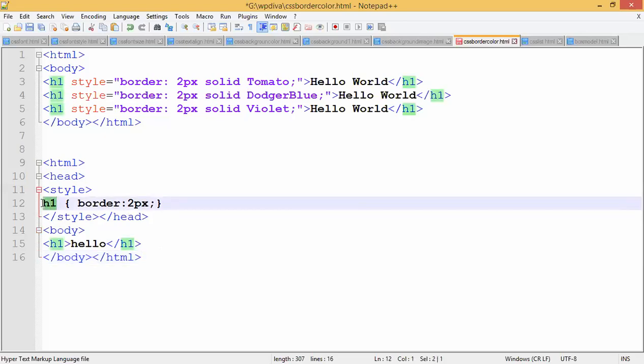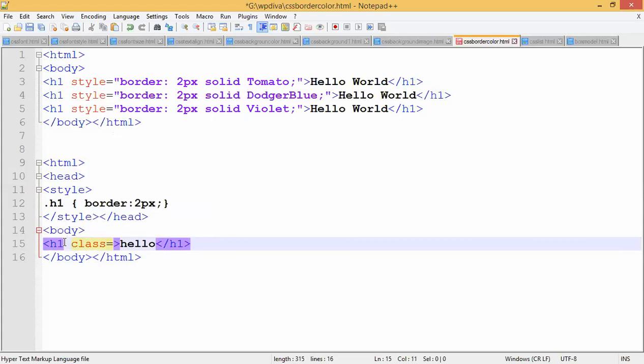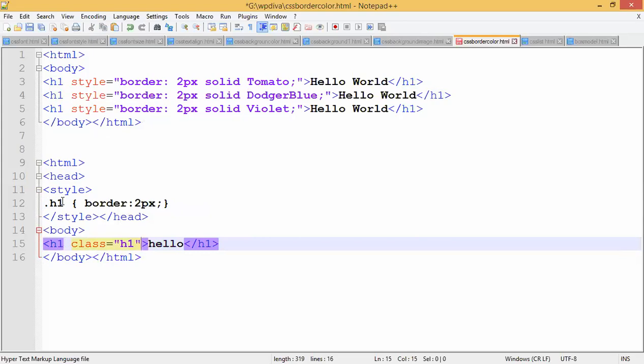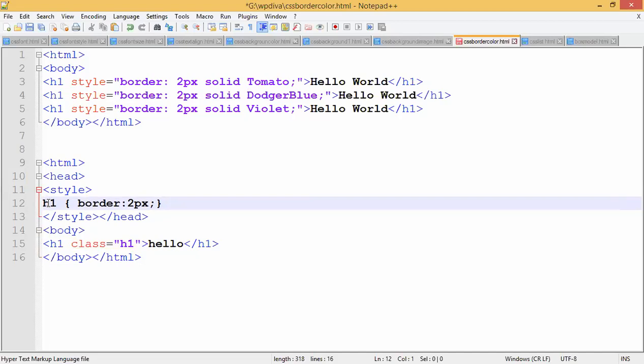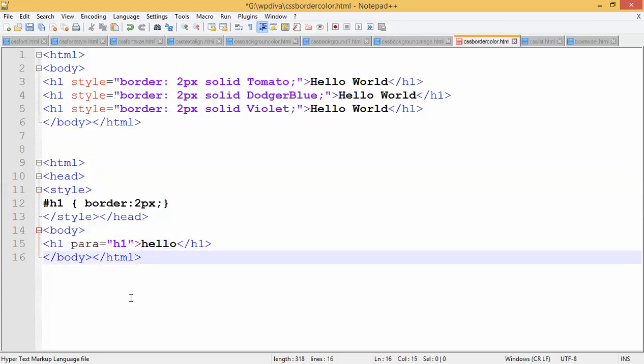Now I'm using h1. H1 is a specific tag, isn't it? So h1 is called a specific selector here. Are you getting it? If I give a dot here, it will become what? A class selector, and I have to use a keyword called class here. Class is equals to, what is the name of my class now? H1. Class name you can give any. There's no restriction that you have to give the tag name. So if I make it a class selector, I have to use a dot. If I make it an ID selector, I have to take it as a hash, and here I have to use para. Is it clear? So that is how to write internal CSS and how to use different selector forms. It's very important, right?